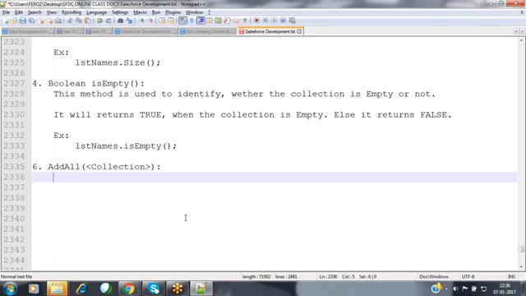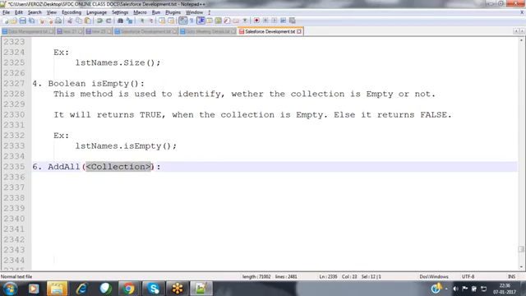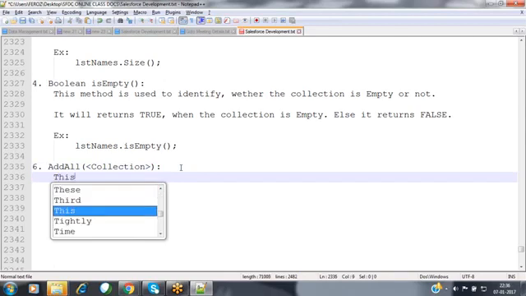That collection may be an array, a list collection, or a set collection, whatever. At that time, if you want to dump a collection of elements into your new collection, we can use addAll. The addAll method adds all the elements available inside the specified collection into your collection automatically.